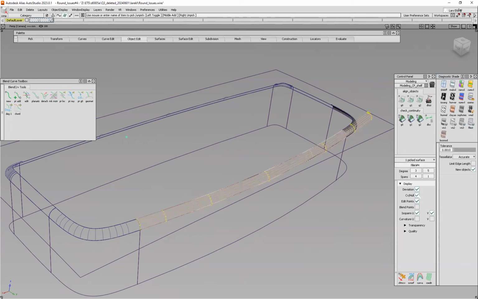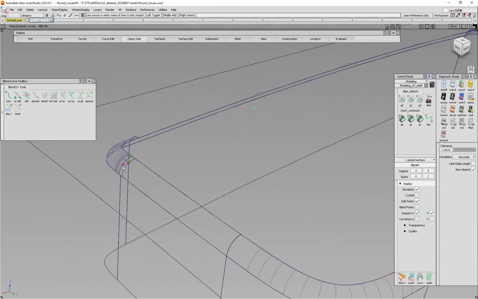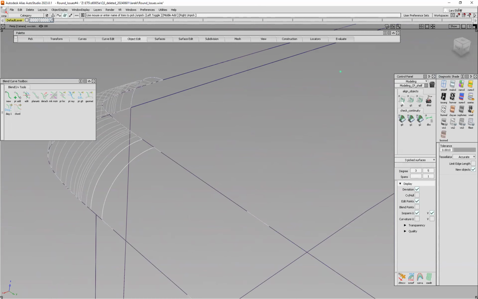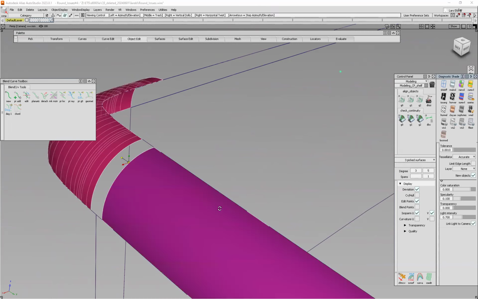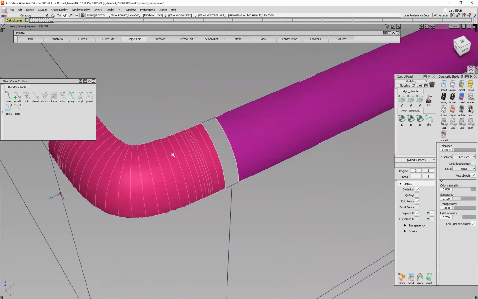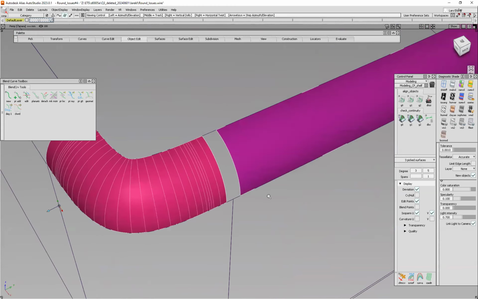Now we're going to look at a third way of connecting two surfaces that somehow aren't connected. And we're going to look at the gap we saw in this corner here. So if I, to remind you, once again, click on the surfaces, you can see that there is a gap here. And what we also may notice is that